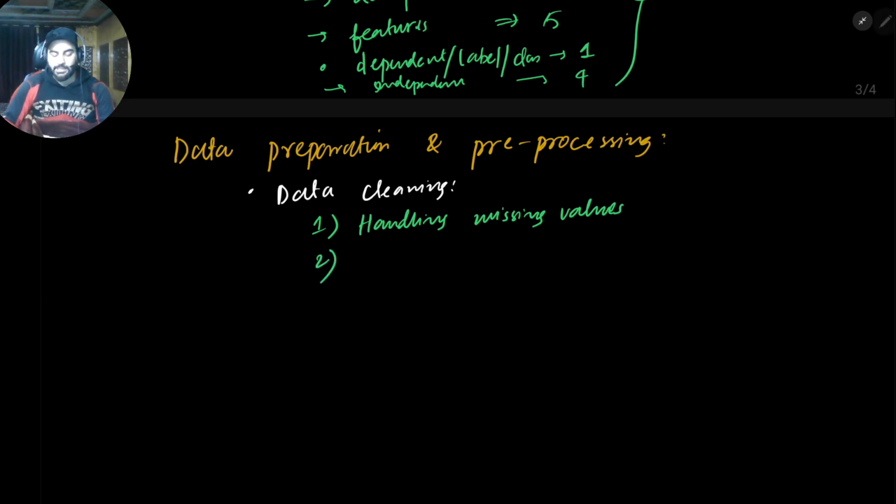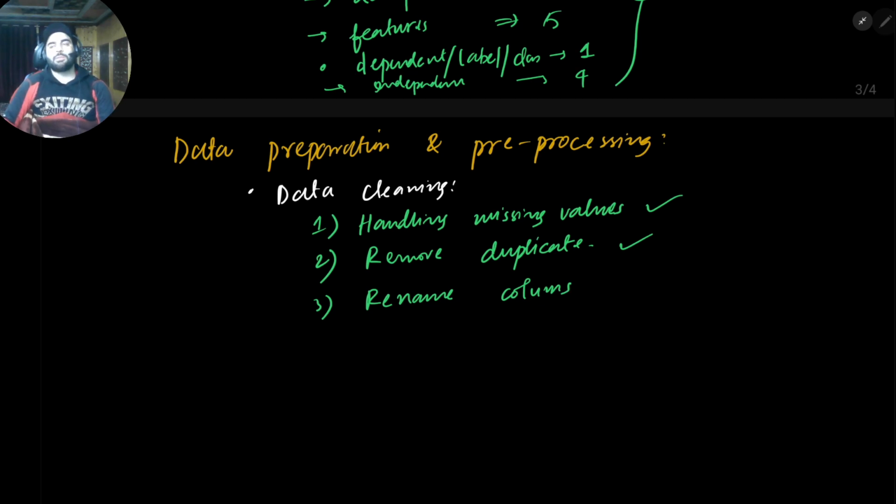The second thing is, you must see if there are duplicates, then remove duplicates. There are functions in pandas where you can just check whether there are duplicates. So this is what you should do first. You should handle the missing values, you should remove the duplicates, and sometimes you may rename the columns as well. Okay, so you can rename the columns,